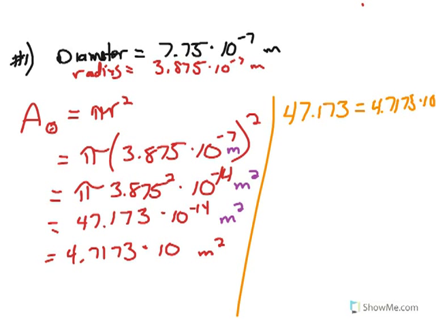Multiplying it by 10 is going to make it 47. That's 10 to the first. So in essence, when you get to this part right here, I could have written that as 4.7173 times 10 to the first times 10 to the negative 14. When you multiply same base, 10 and 10,